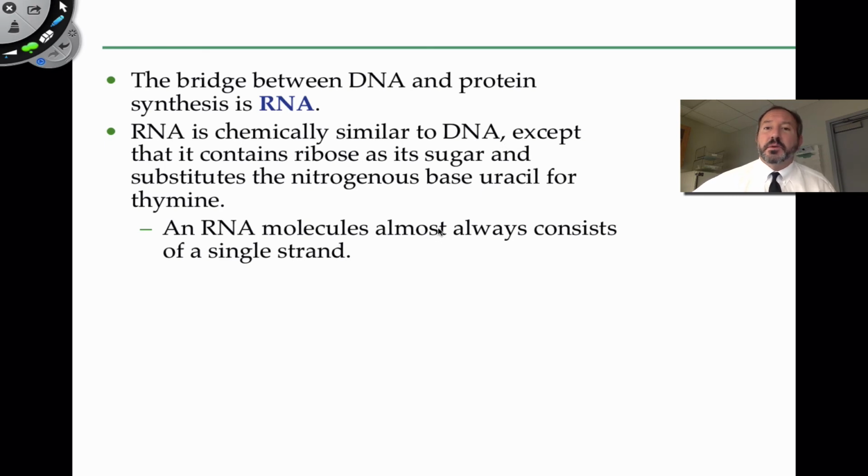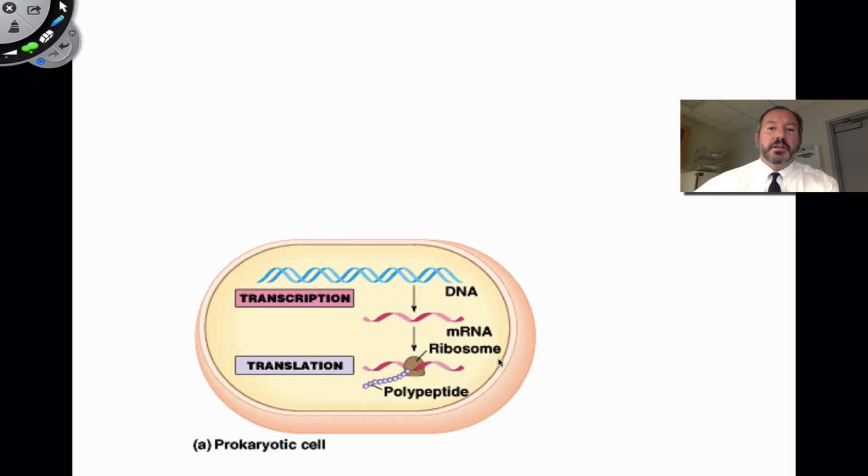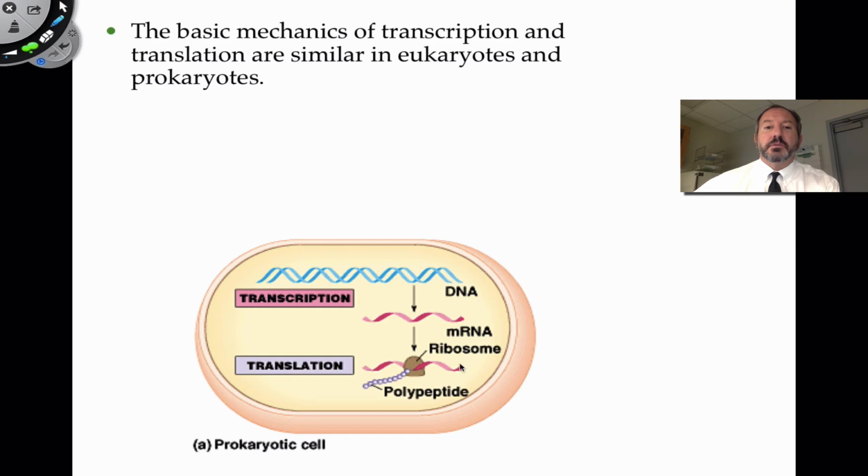Now, of course, RNA is very similar. As we described, it has the same structure except the sugar is different, ribose, and it has a different nitrogenous pyrimidine called uracil, which replaces thymine. It's often single-stranded, as I mentioned. And another fascinating concept about RNA is the fact that it's short-lived. The fact that that sugar has hydroxyl groups on both carbon 2 and carbon 3 allows RNases to degrade it rather rapidly in the cytoplasm. And so, as you can see in this picture, this is a picture of some sort of prokaryote, so perhaps a bacteria. Now notice there's no nucleus, and so it's a very simple single-celled organism.